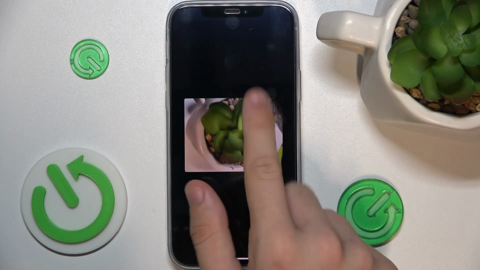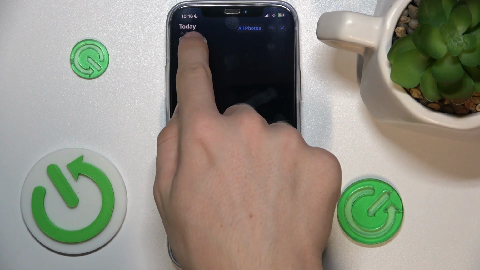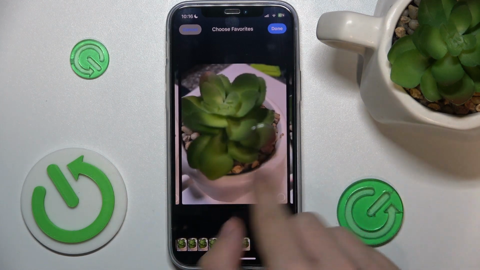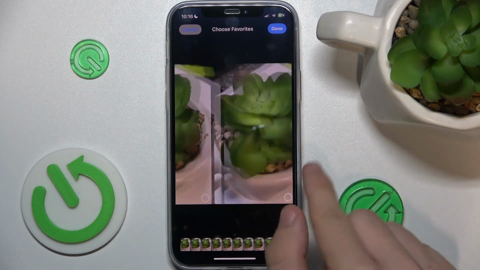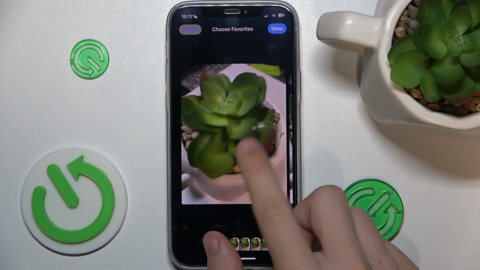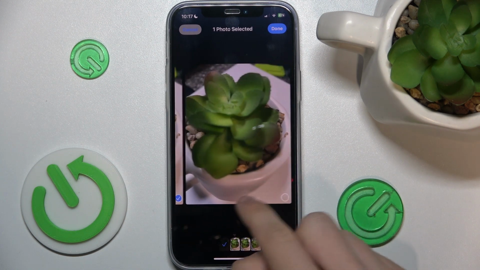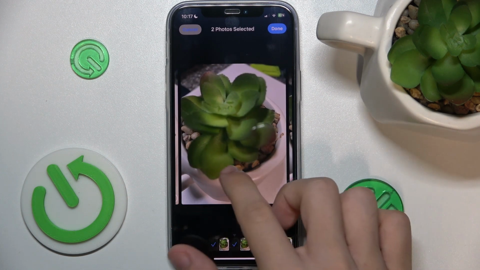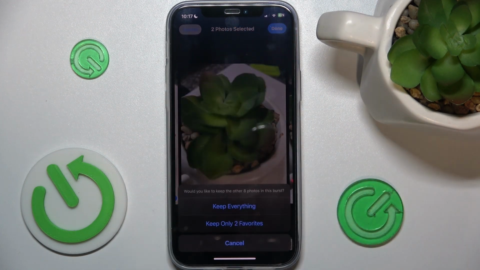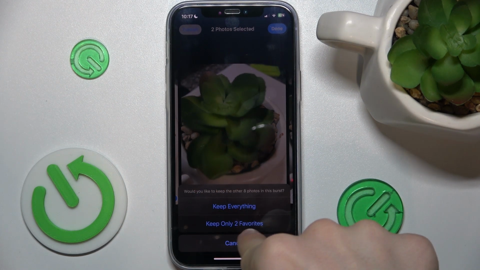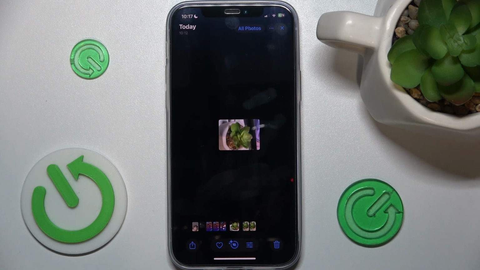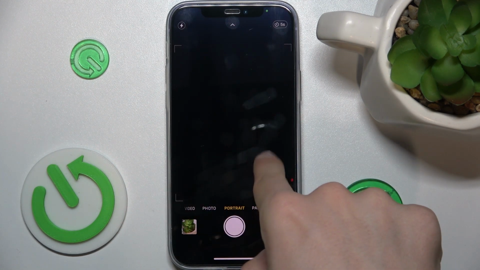You can see it got taken as a burst of 10 photos, so we can choose our favorite one. And we can also choose a few ones, then press on done. And you can keep everything or keep only 2 favorites. I'm gonna keep only 2 favorites, and now